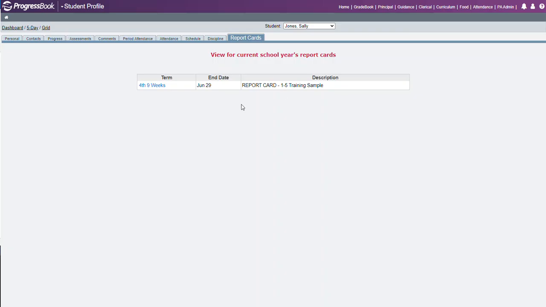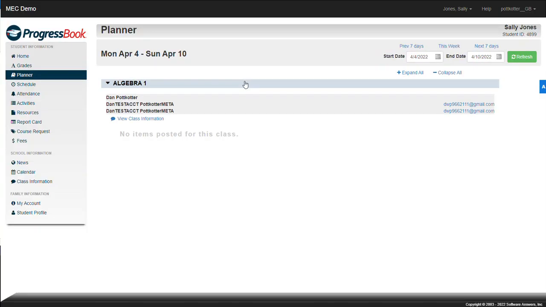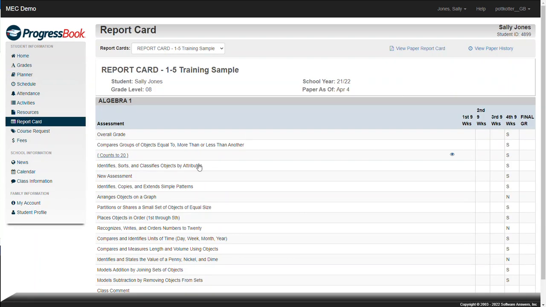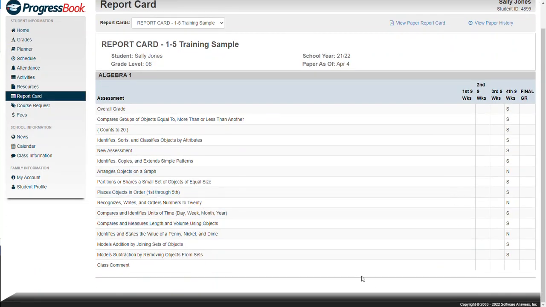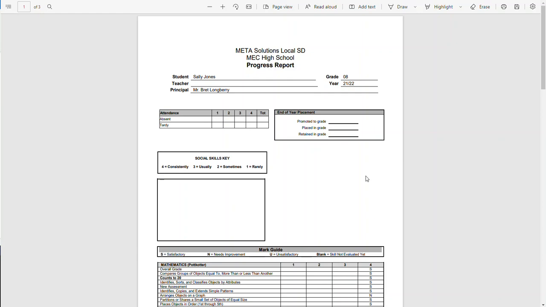Once I close out of that, the teacher can also, from the dashboard, click on the View Parent Access screen to see how this will be viewable from the parent side. They can then jump to the report card. From the report card, they'll see the typical one that they normally do. That's not a very good printable one because it takes so many pages, especially if you're standards based. So they can go to View Paper Report Card, which will then show the most current report card that is